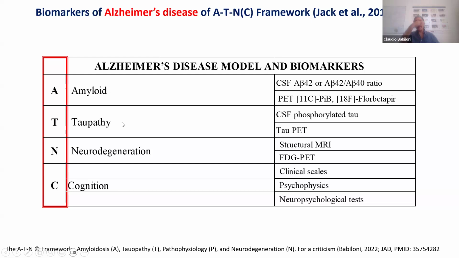Along the same line, one can measure an abnormal dose of tau and phospho-tau in the cerebrospinal fluid, or can see the binding of tau in the brain with positron emission tomography. So in the framework, they called A the amyloid measures and T the tau measures, the biomarkers allowing the diagnosis of Alzheimer's disease.